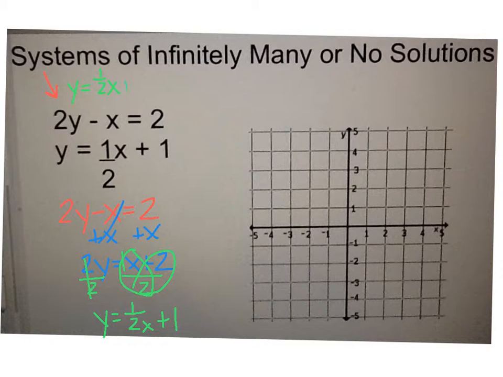Now that I solved that top one, you might be seeing that they are the exact same equation. Just to drive home the point, I'm going to graph both of these in different colors on the graph at the side here. For the first one, my slope is 1/2 and my y-intercept is 1. So I'm going on the y-axis, which is the one that goes up and down, to the y value 1,